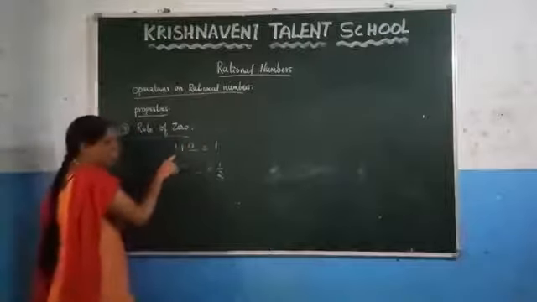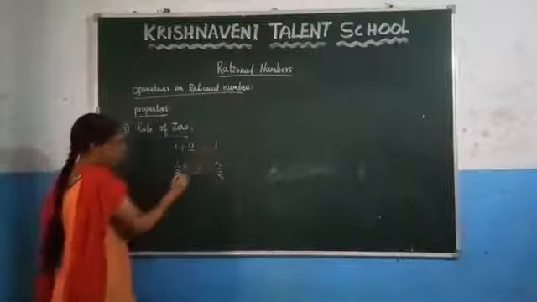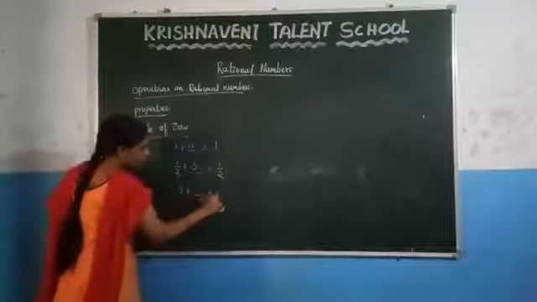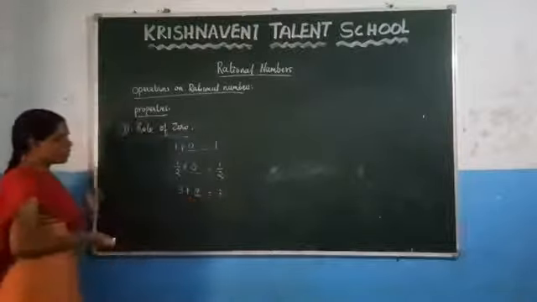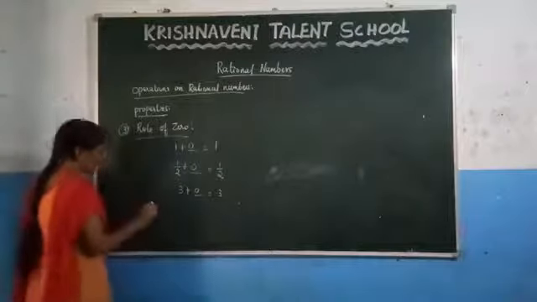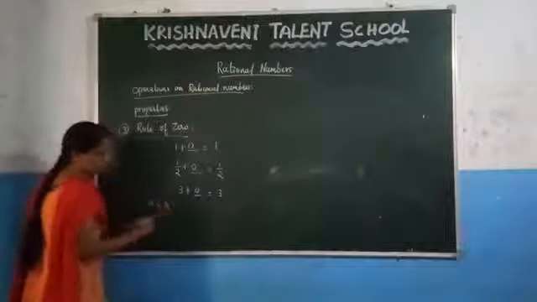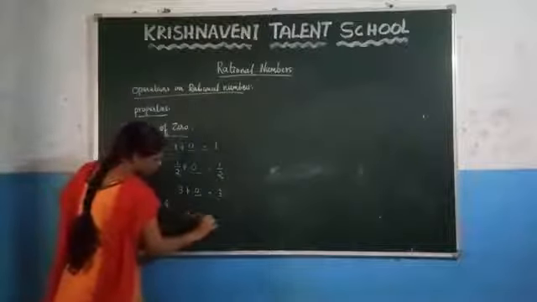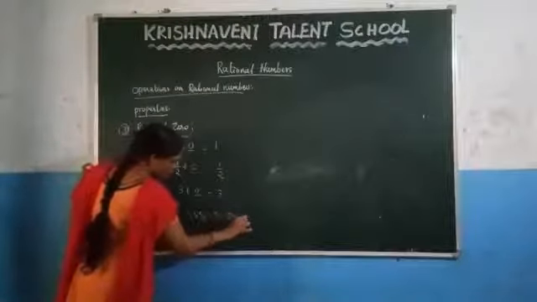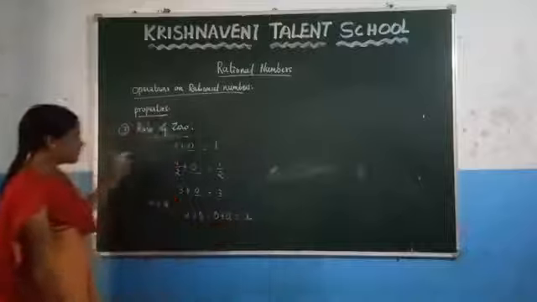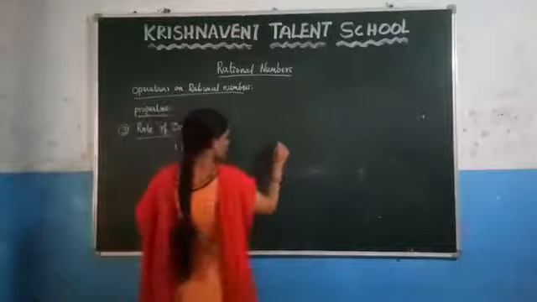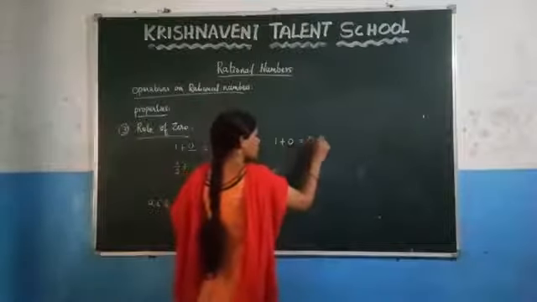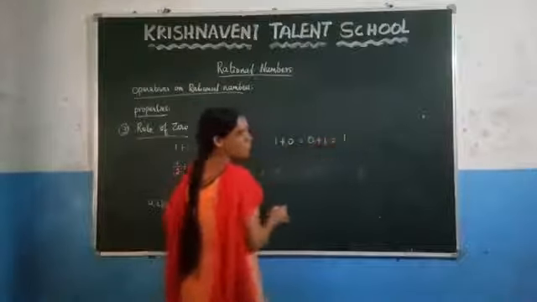After adding 0 to any number, you are getting the same number. Here 1 by 2 plus 0 is 1 by 2, and 3 plus 0 is always 3. So from this, what can we conclude? If you consider any rational number, what is the role of 0? It states that a plus 0 must be equal to 0 plus a, which is always equal to a. Same example: 1 plus 0 is equal to 0 plus 1, which is always equal to 1.